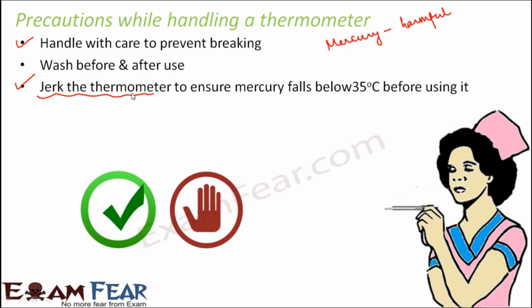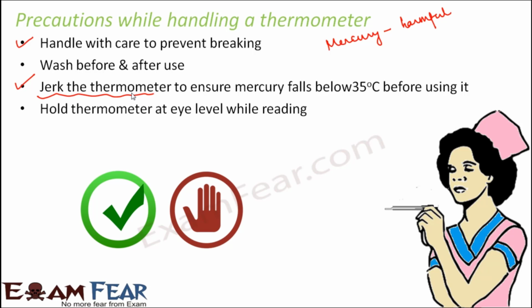Now as I said, in these types of thermometers, we have a kink. Due to the presence of the kink, the mercury level doesn't fall back on its own. Let's suppose today you have measured the temperature of a person and it came out to be say 39 degrees Celsius. Now tomorrow when you want to measure the temperature of the same person using the same thermometer, you never know whether the mercury level has actually fallen back below 35 degrees Celsius or not. So that is why it is important that you jerk the thermometer physically so the mercury level falls back below 35 degrees Celsius. Before using it, make sure that you read the thermometer and ensure that it is below 35 degrees Celsius.